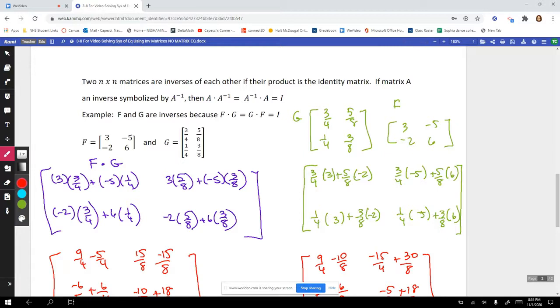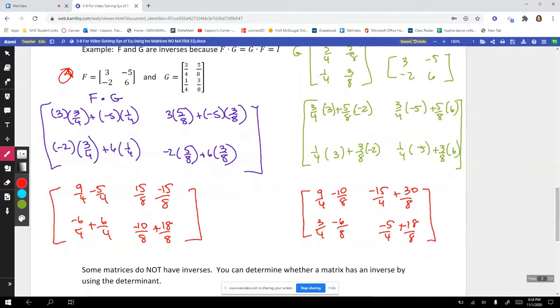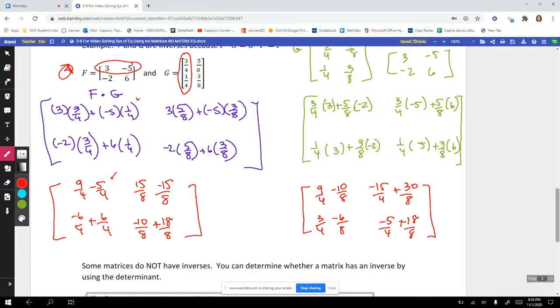Okay, so I want to know if F and G right here are inverses of one another. To save some time, I started things a little bit. So in this first one, I have F times G, and I've done some setup already, as we've done in previous lessons. I'm multiplying this row by that column, which is right here, and I've done the same thing and combined them. Again, the fractions make it a little tricky. But once I've done that for all of it and I combine what I have,